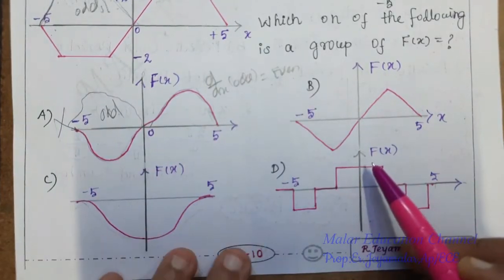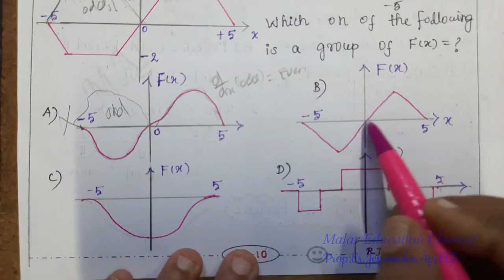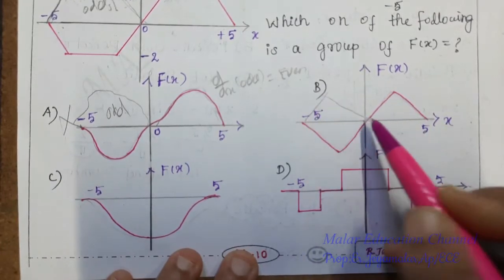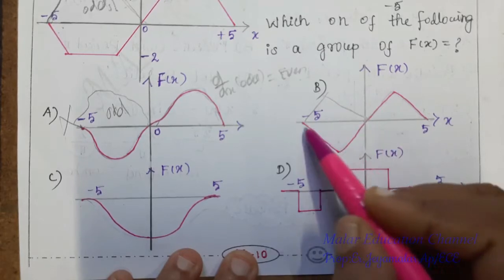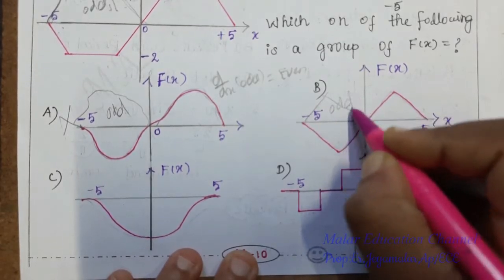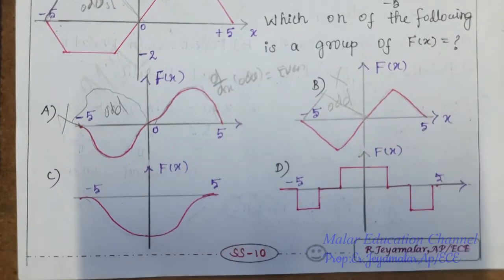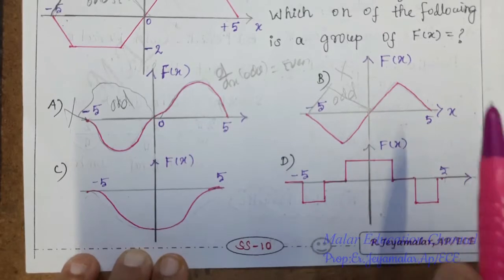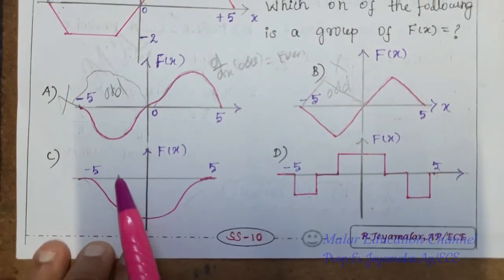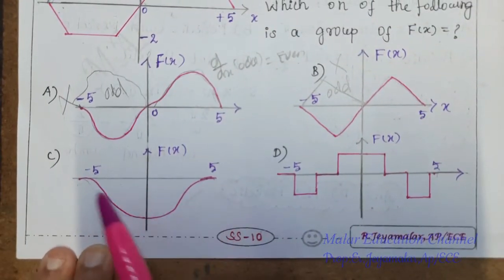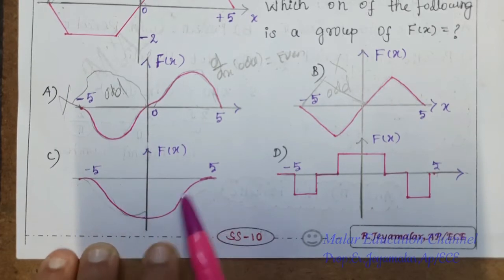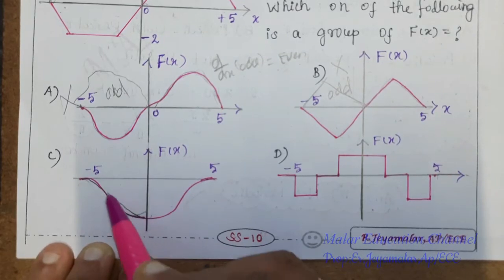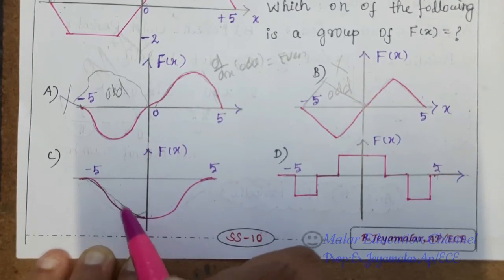Move to the second option. Same manner: this is the signal, just fold the signal, and we receive the waveform like this. Both are mismatched, and mismatched means odd. So option B is also wrong. Options A and B are wrong answers. Move to the third option. Here see minus 5 and plus 5. The waveform looks like this. Just fold the waveform, and both are matched. So answer C is correct.